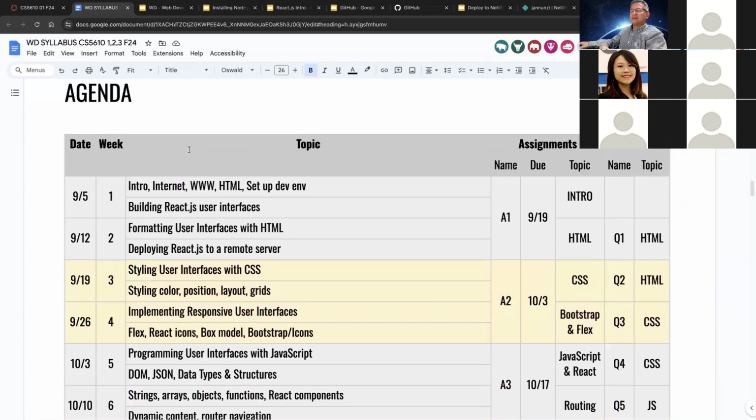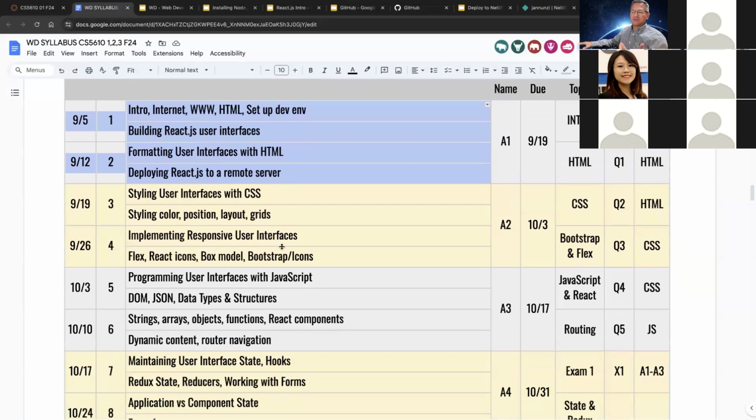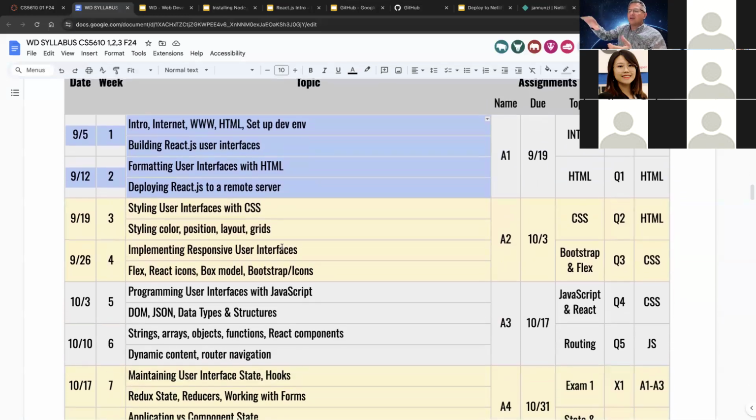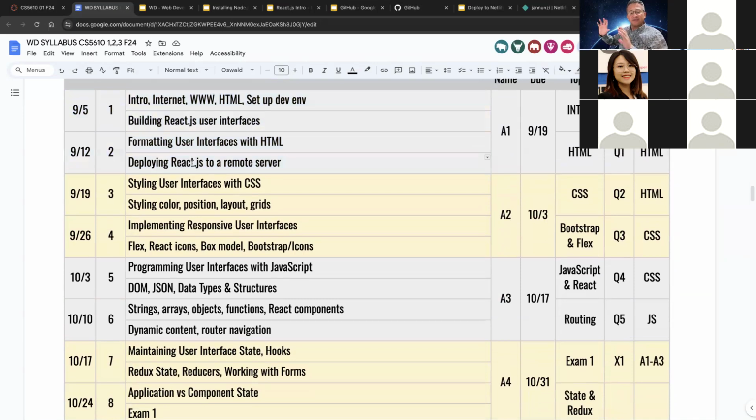So here's the agenda for the course. These are broken up into 2-week blocks. The first 2 weeks is going to be dedicated at learning about building the user interface of our web application. So we're going to break up the semester into 2 large portions. The first half of the semester, which is going to be the first 7 weeks, 8 weeks, is going to be focused mostly on the front end,